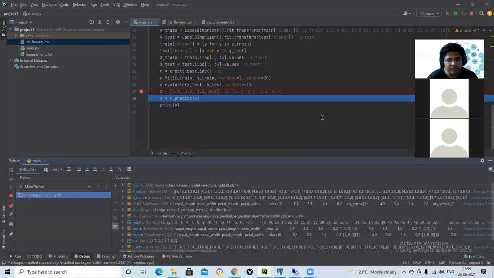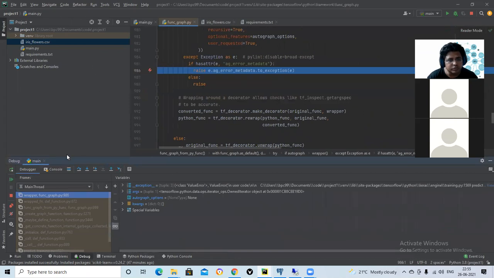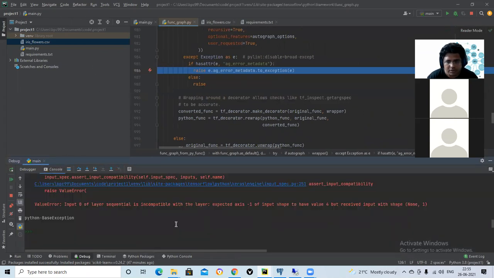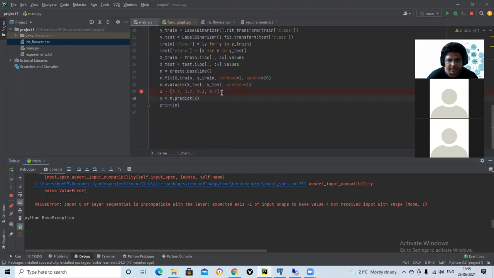Here make a line of yellow. Make a line of yellow. Oh. Okay. So I have What to, did it give? the shape is different. I have given directly a list. It should be a shape value of n dimensional expected axis input shape, but have 4 to have 4, but received input shape 1. PRA. What happened? What happened?